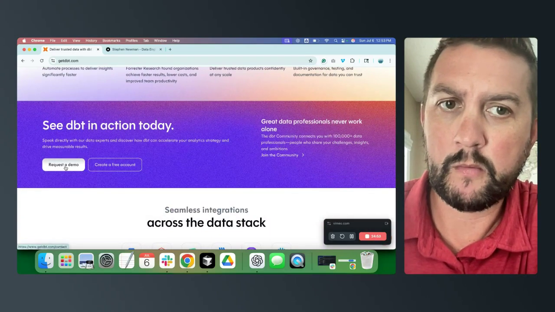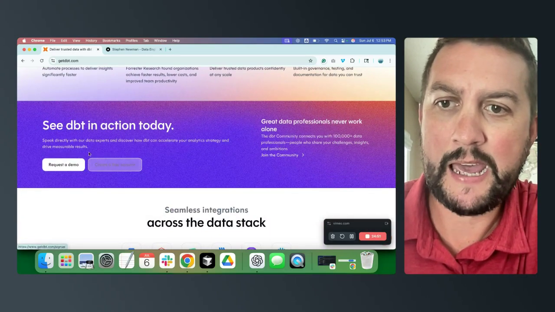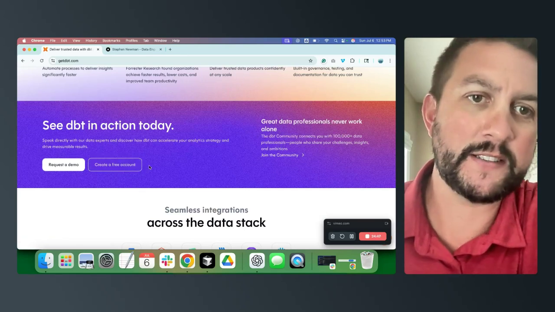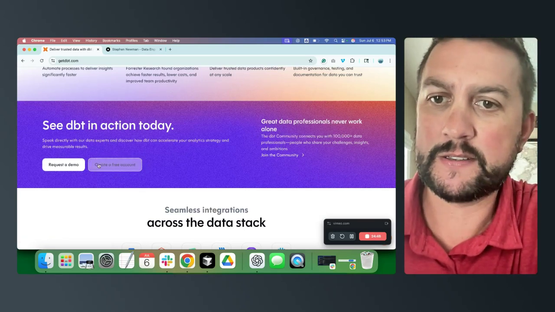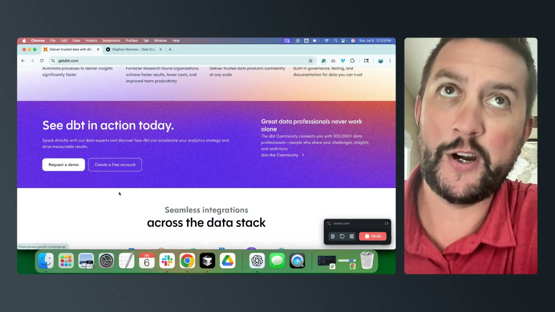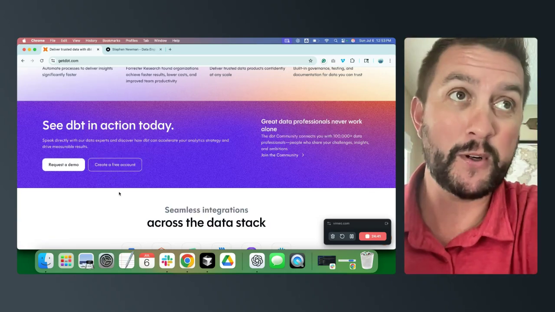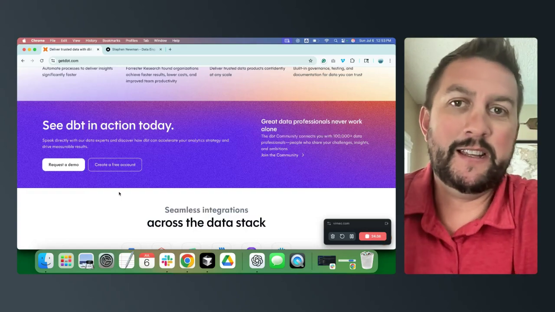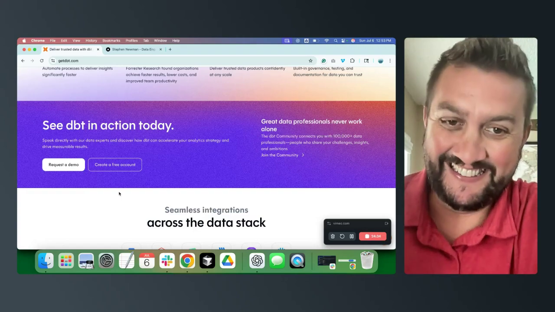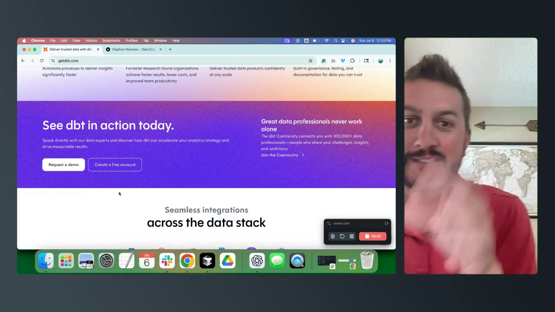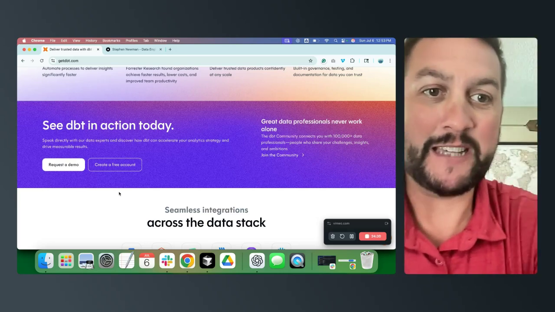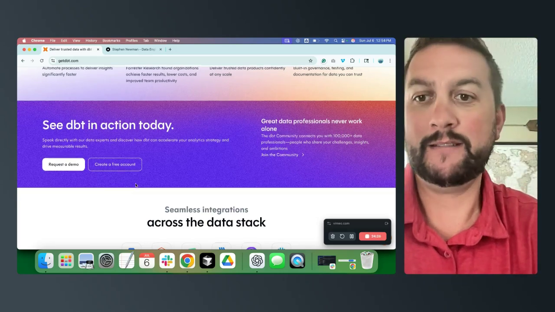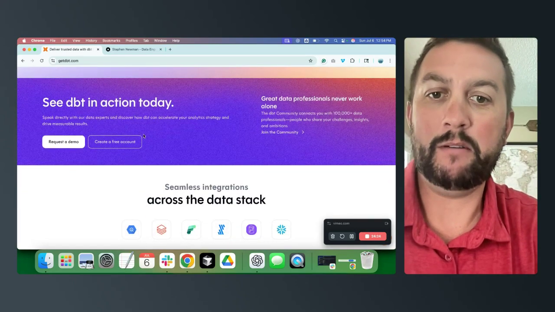Request a demo and create a free account. I would be curious to see what the breakdown is. But if you're an engineering persona, I highly doubt an engineer wants to see a demo. If you're selling to engineers, which it seems like you are, or some other persona, I highly doubt they want to see a demo.